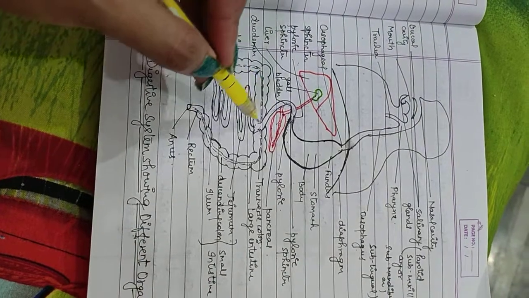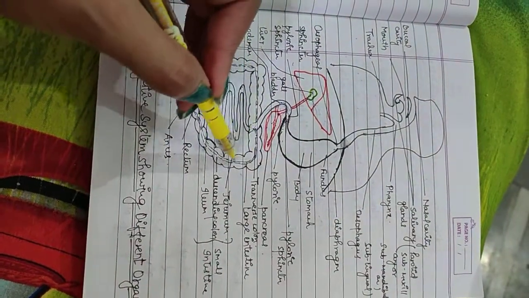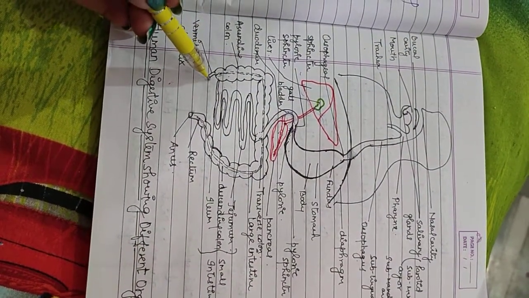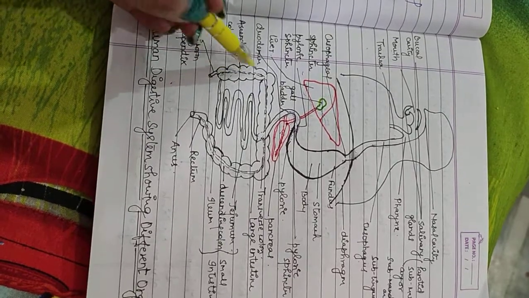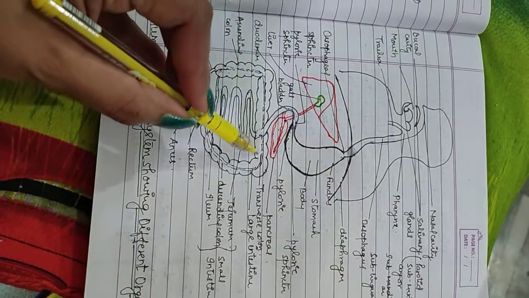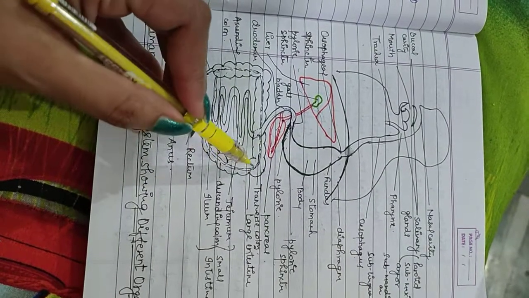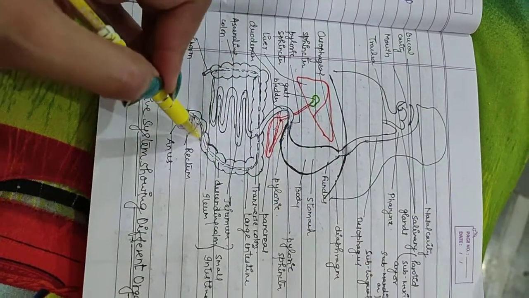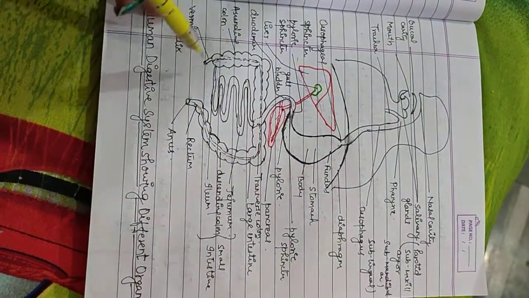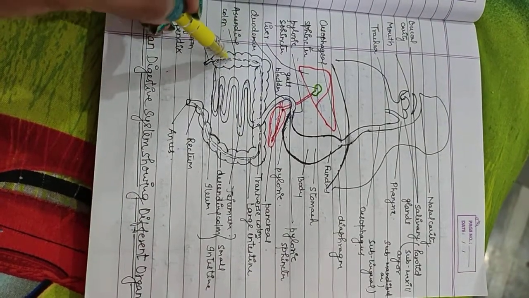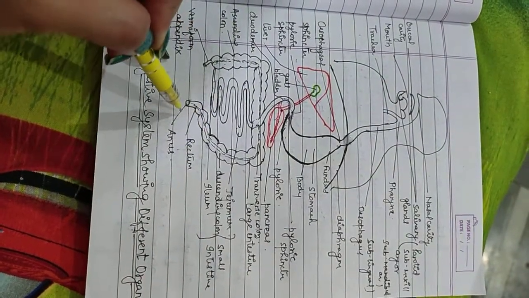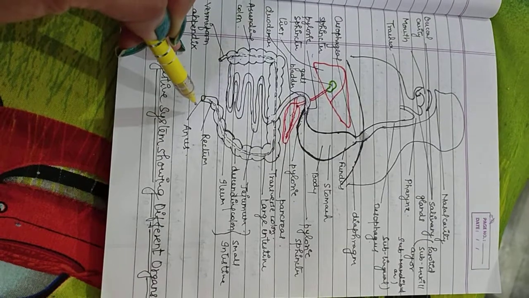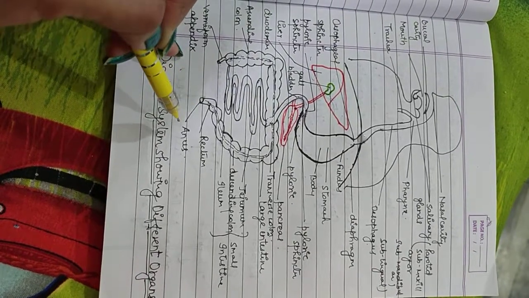Then you can see here, this is the large intestine. This is your vestigial organ, that is the vermiform appendix. Then this structure is the ascending colon, this one is the transverse colon, and this one is the descending colon. So these all form the large intestine. Which parts? Colon, cecum, rectum and anus. With the help of the anus, all the waste material is ejected out from the body.